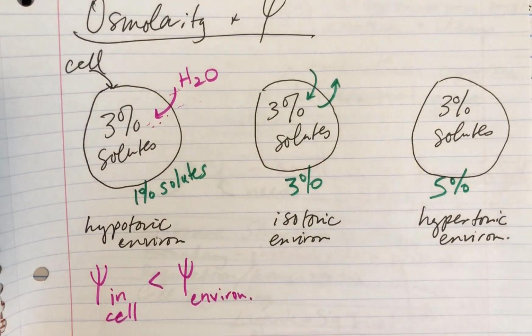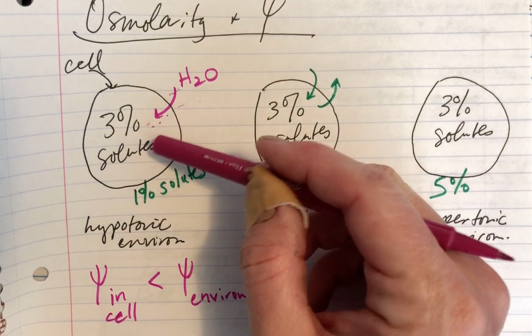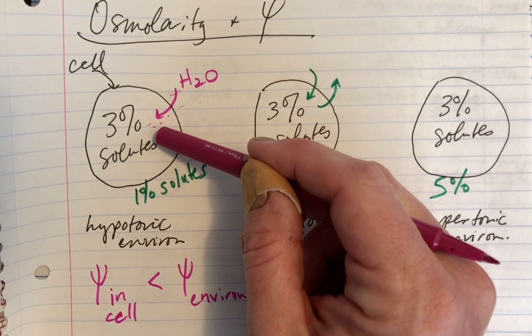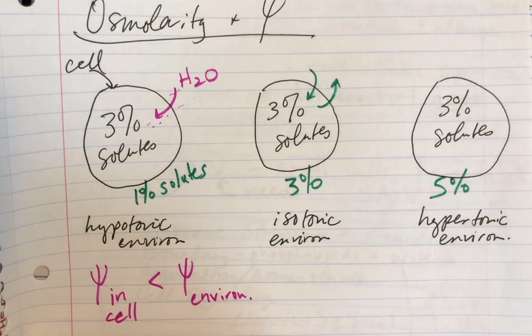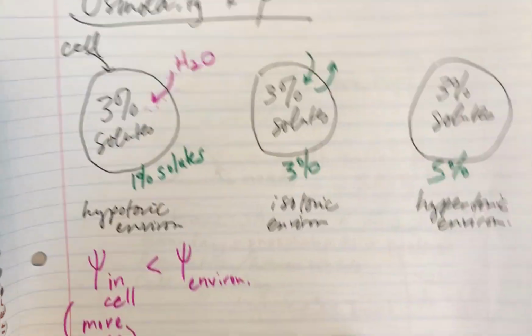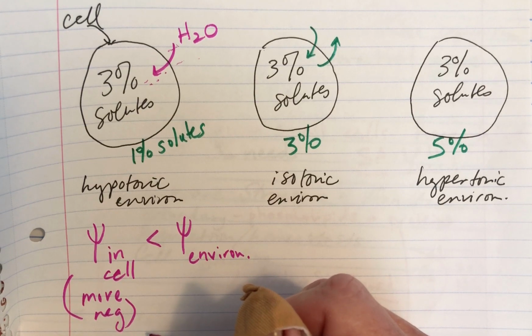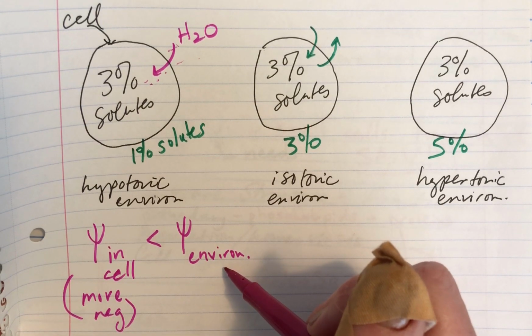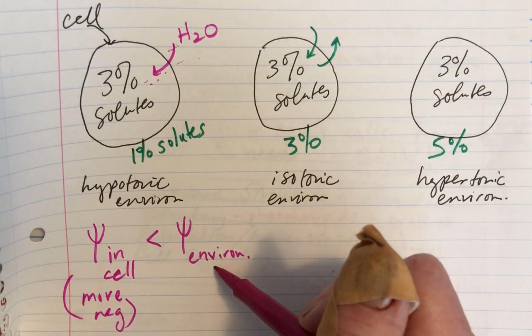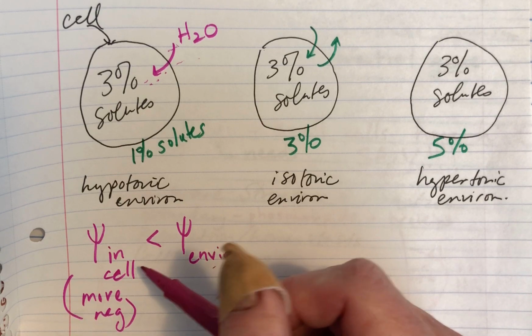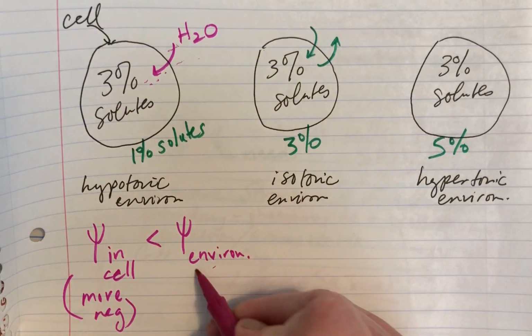Why is that? Well, water potential gets more negative as we increase the solute concentration. Okay? So the water potential in the cell is going to be more negative. And being more negative, it's going to cause water to move from a less negative water potential, an area of high, to low water potential. So this is going to be higher water potential, lower water potential. They're both negative numbers